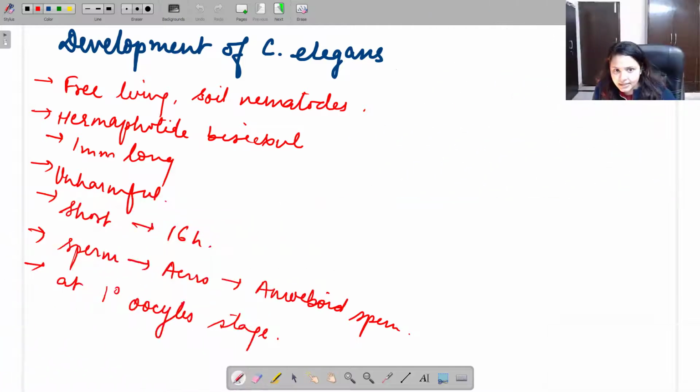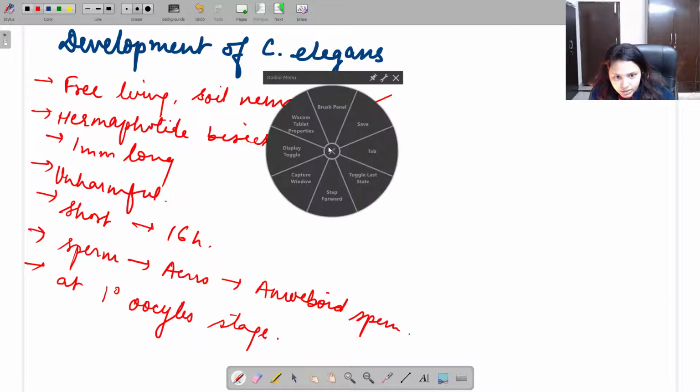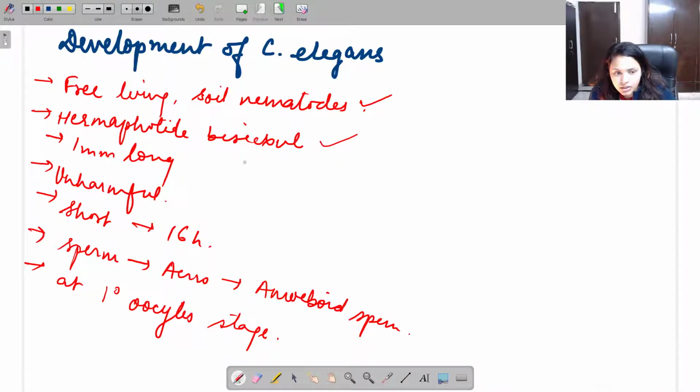First, let's see the development of C. elegans. Characteristics of C. elegans. What are those characteristics? Let's see. So this C. elegans is a free living soil nematode, hermaphrodite or bisexual in nature. The length is very short, around 1 mm long, and it is usually harmless to human beings. If you see the embryogenesis part, embryogenesis is very short, approximately 16 hours, which is ideal